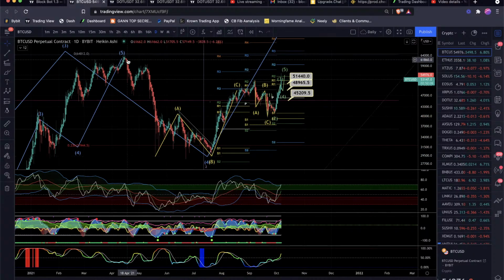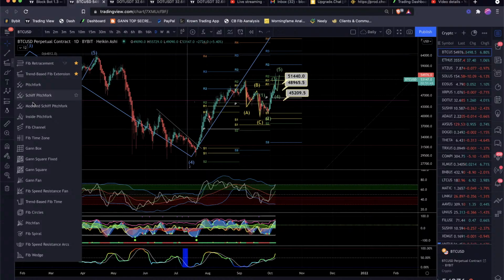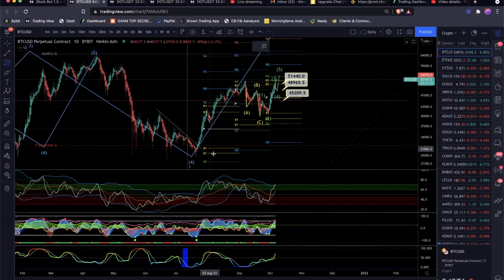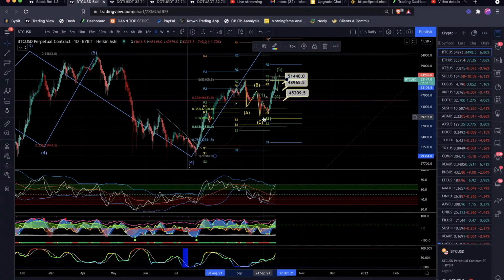The other option is that we had this as an AB, or I guess a WXY correction within here, because this is a pretty clear 5-wave move up, and then we'd be looking at this really as an ABC correction right here. If that's the case, then we're looking at this as potentially being a wave 1, and this is the 2, and we're starting our wave 3. But if you pull the retracement from where we went on the move back, you can see we hit the 0.5 literally to the T on this move right here.